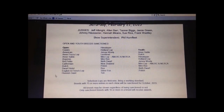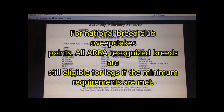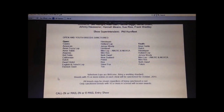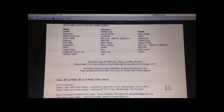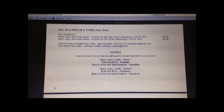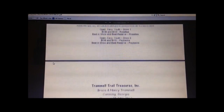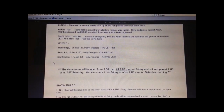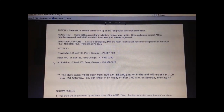So for open class, you'd be sanctioned. Sanctioned for that really just means for points. Everything's still showable, and you should still show all breeds that are recognized in the ARBA, but to get the points, if you're into the points, then that's what sanctions are for. And it shows you how much it's going to cost, per show, per rabbit, any awards they might get, who's there to provide supplies, hotels,